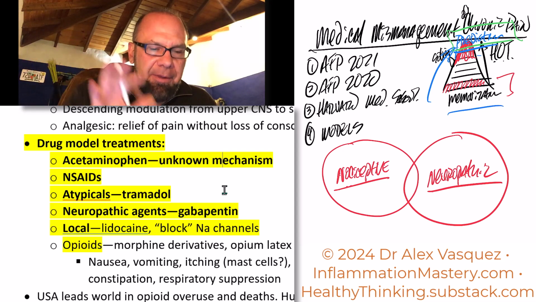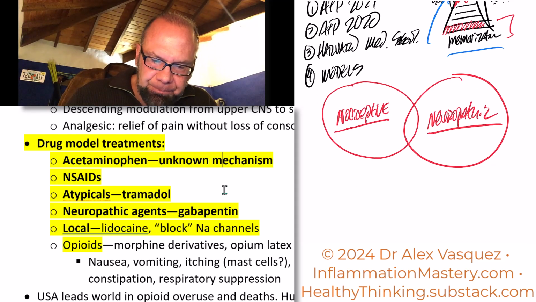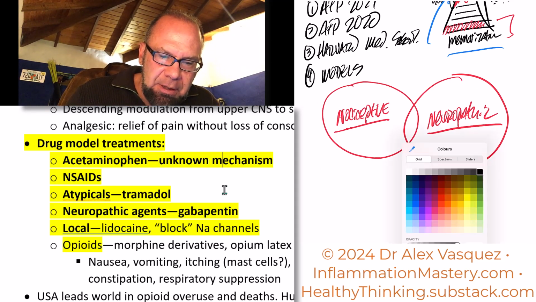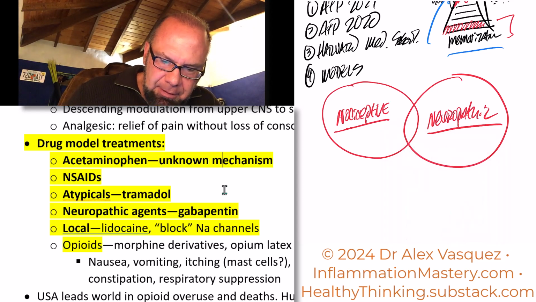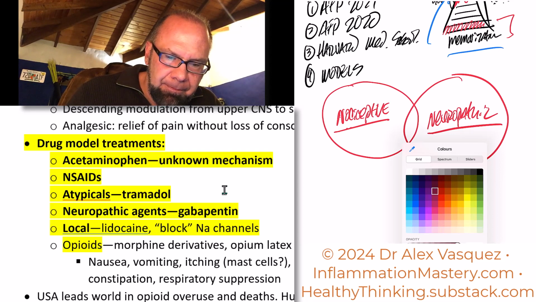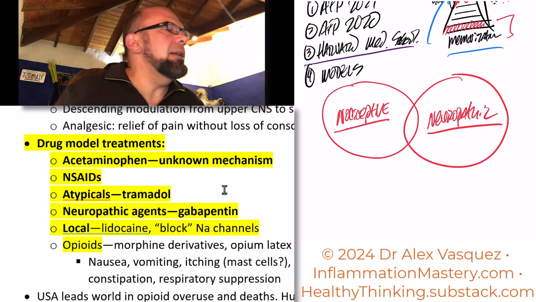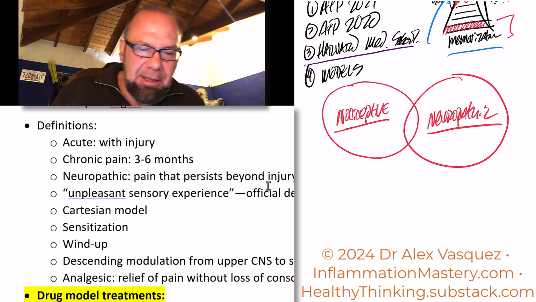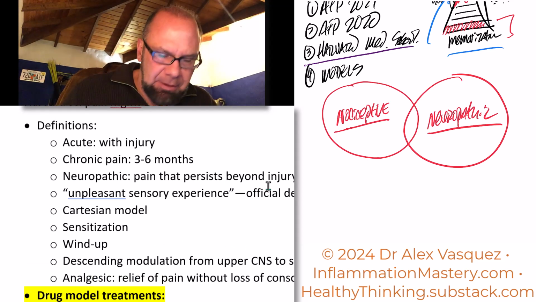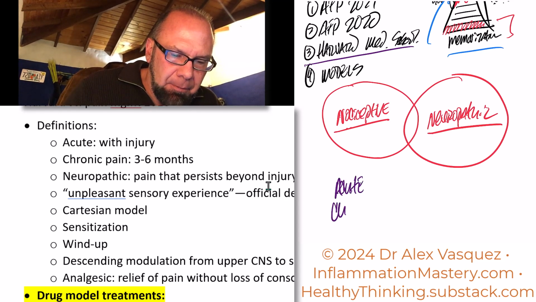So they have to start with a model. This is one of the models that they use. From the Harvard Medical School presentation the other day, I have to go to purple right now, apparently. So from the Harvard Medical School presentation, I think he said, yeah, I wrote it down. Right. So he used a slightly different model. The first presenter used a slightly different description. He said pain is either acute, chronic, or neuropathic.